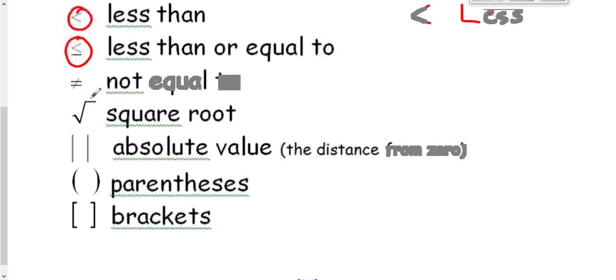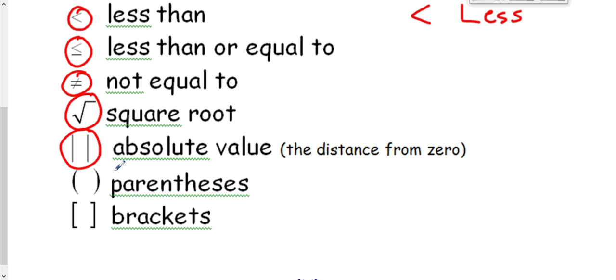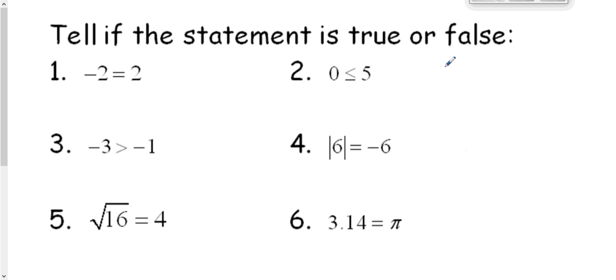Okay, this is not equal to when we see an equal sign with a slash through it. This is our square root symbol. If we see two bars next to each other, that's absolute value. Parentheses and brackets both can either group things together, or if things are inside of that and we have something outside of that, then they're being multiplied. So now